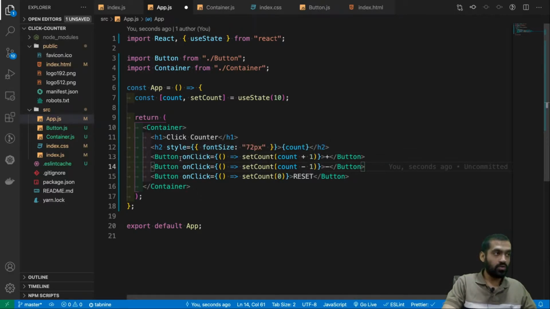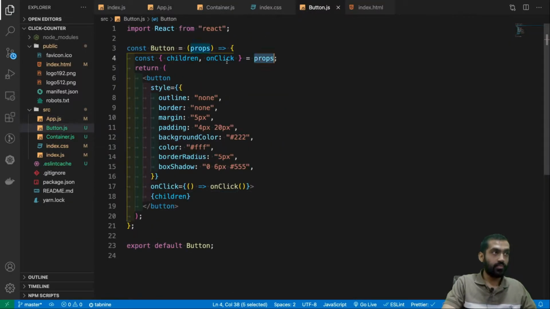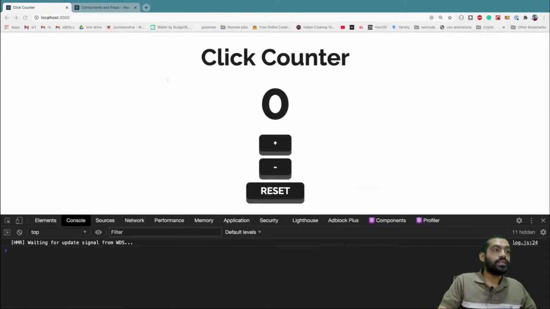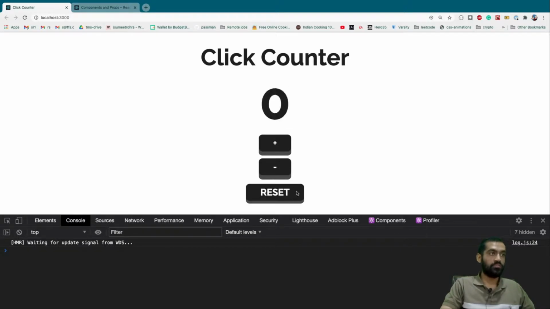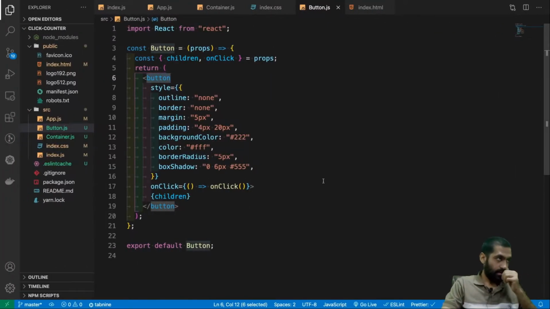We call this on click because we are passing it to a button, and inside the props we have this on click now, which is being called on the on click of this button. It is the same button click, but we just name it on click because we want to maintain the uniformity, right? Let's see if everything is working. It's working. Cool, right? What next?